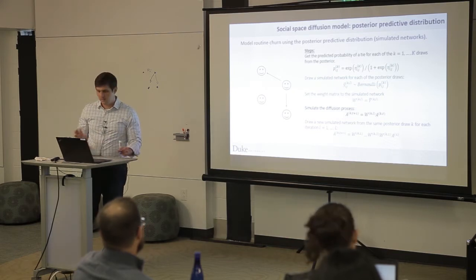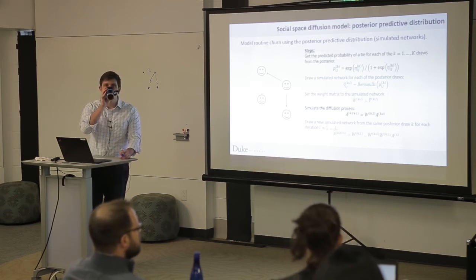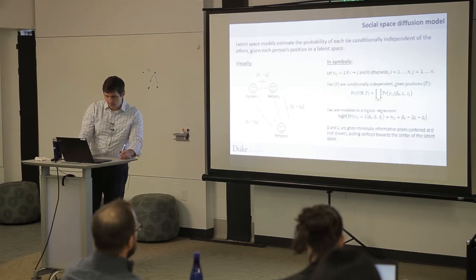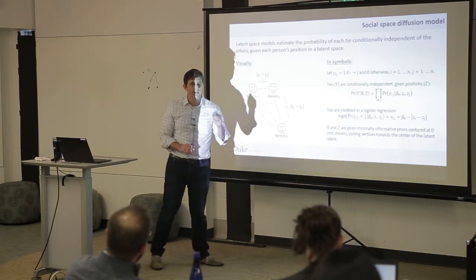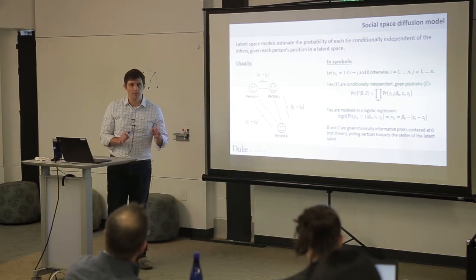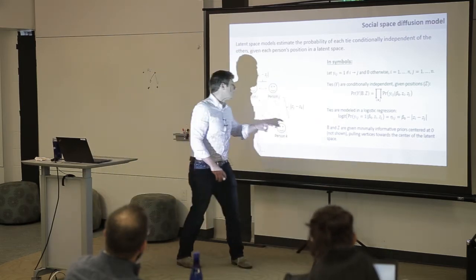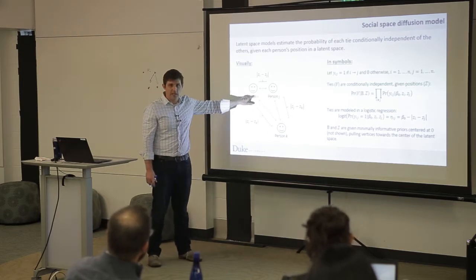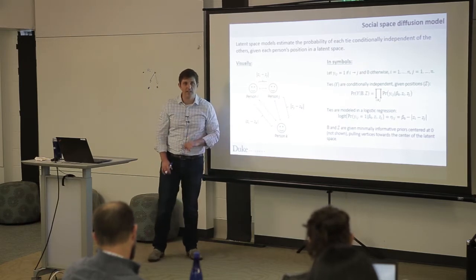Does that make sense? It would be a predicted probability of a tie given the existence of other ties. In terms of actually generating the predicted probability, Alex is going to be teaching a whole hour-and-a-half long session on that tomorrow. Essentially what you're doing is putting people in some underlying space and saying, conditional on their locations in that space, or more precisely conditional on their relative distances to everybody else in that space,